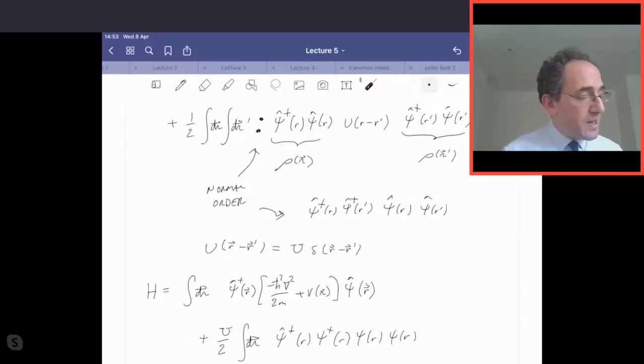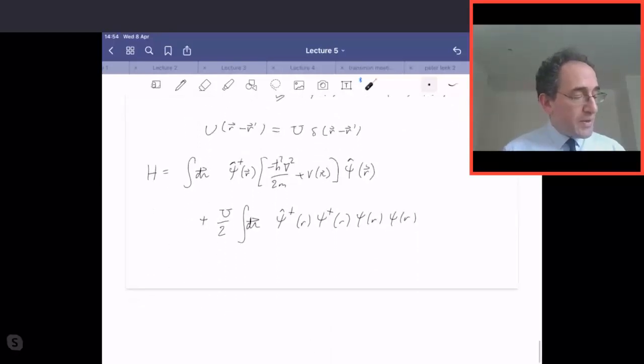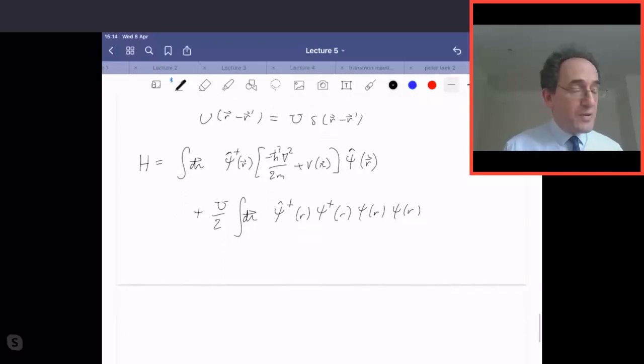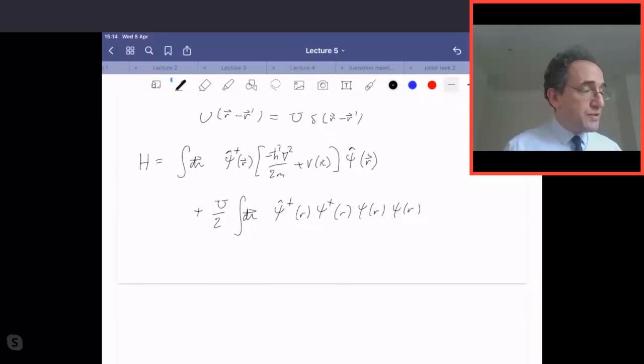Yeah, there we go. So I've also implemented the normal ordering by moving the psi daggers to the left and the psi's to the right, and then I've put r and r prime at the same point because of the delta function. It collapses one of the integrals. Okay, good. Okay, so now let's take this Hamiltonian and apply it to a coherent state, in particular a coherent